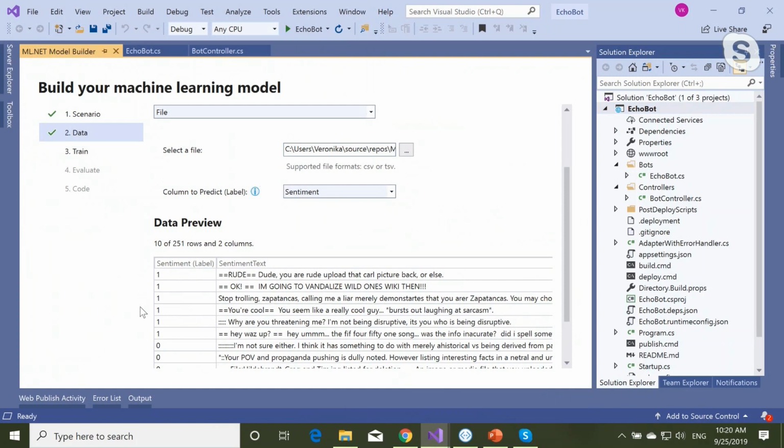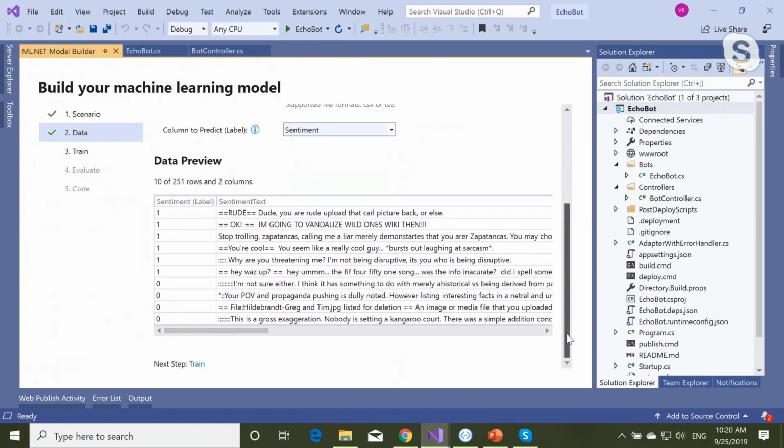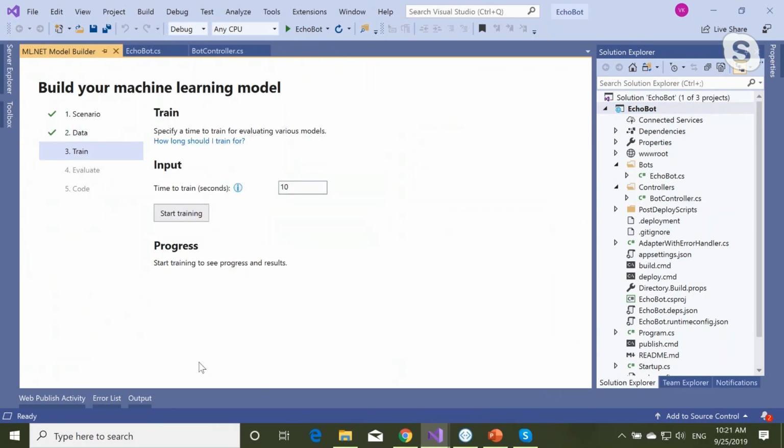So here I selected this column. Here is sentiment, and then you click on train. Here you can choose time to train. It might be 10 seconds. So we can start training.